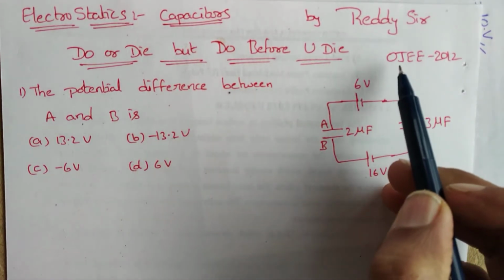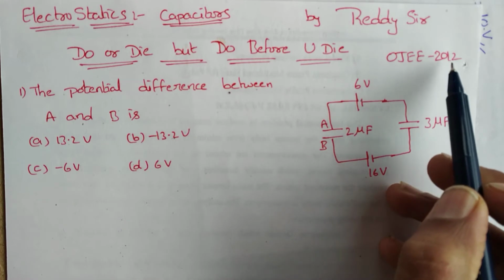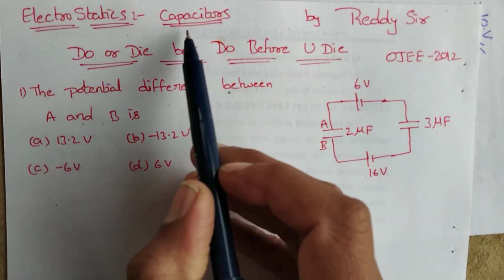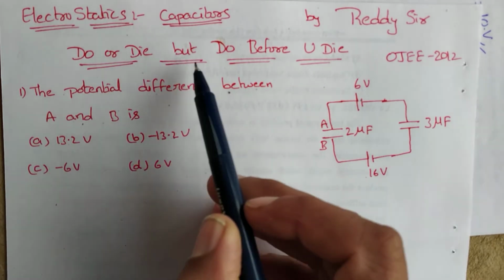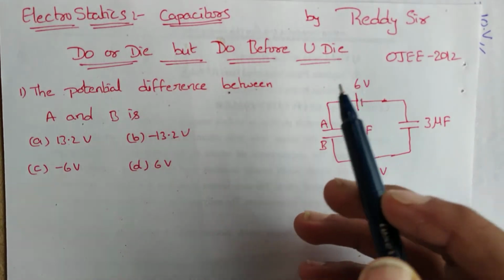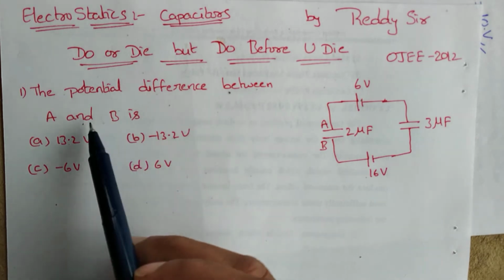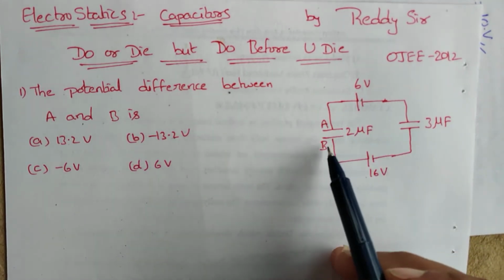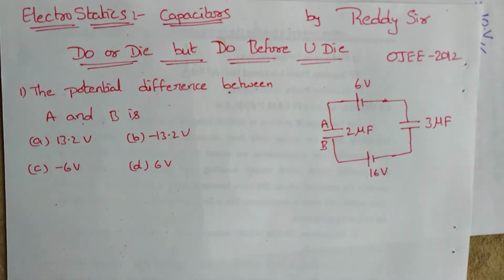Today we are going to be discussing Odisha JEE Mains 2012 question from the chapter Electrostatics, from the concept of capacitors. Do or die, but do before you die. Look, the potential difference between A and B is asked, they gave the circuit diagram. Between A and B we have to find the potential difference. For this,